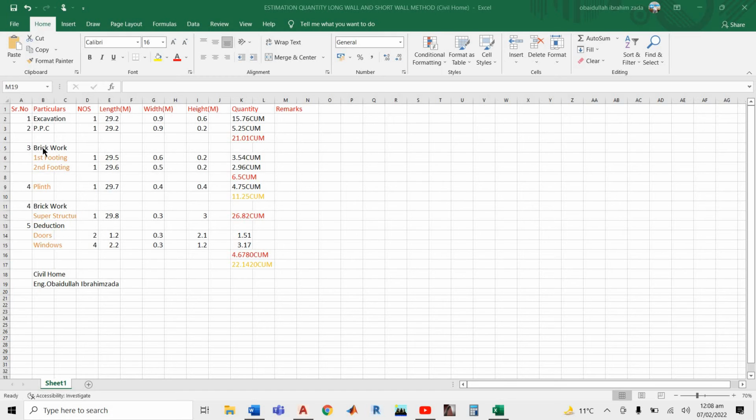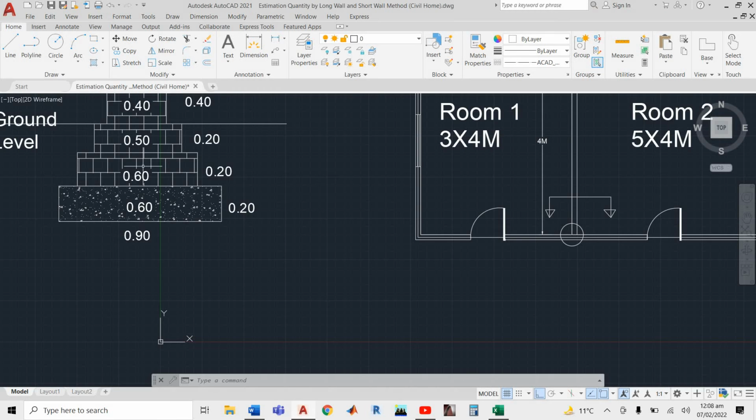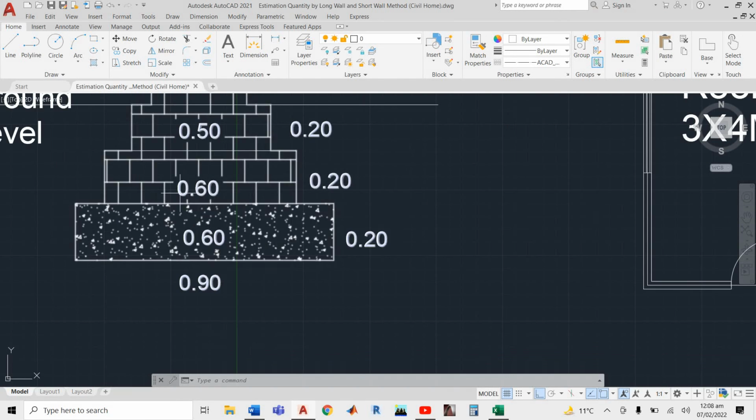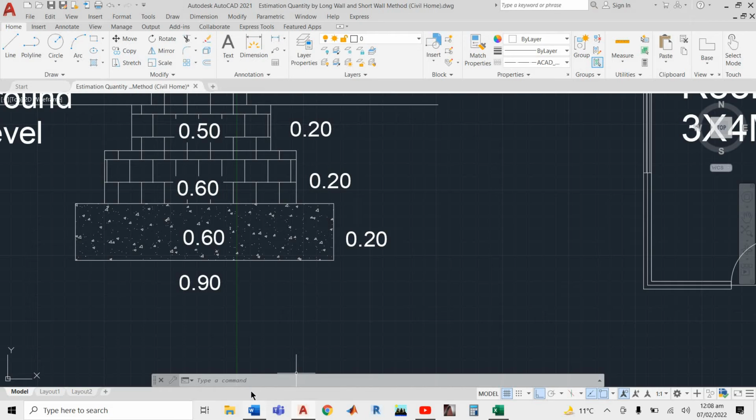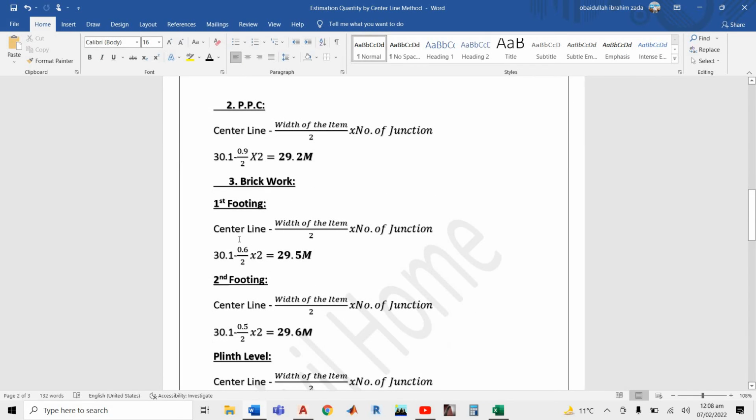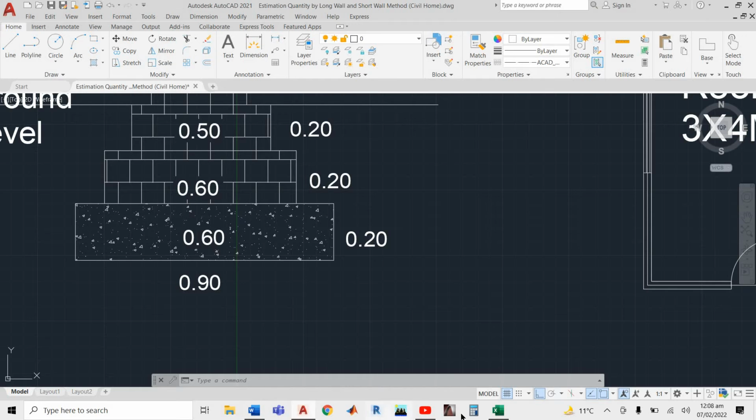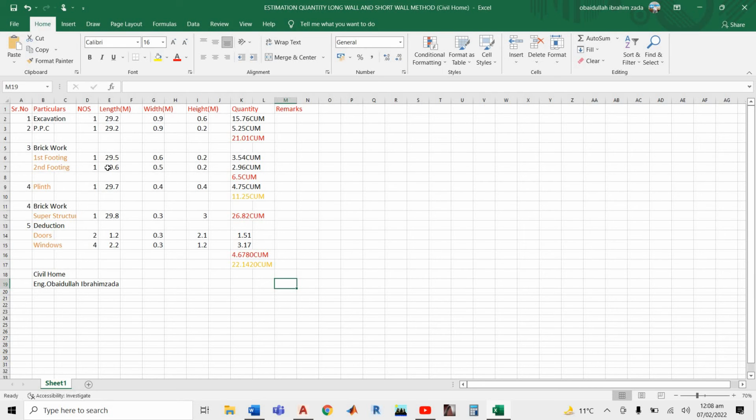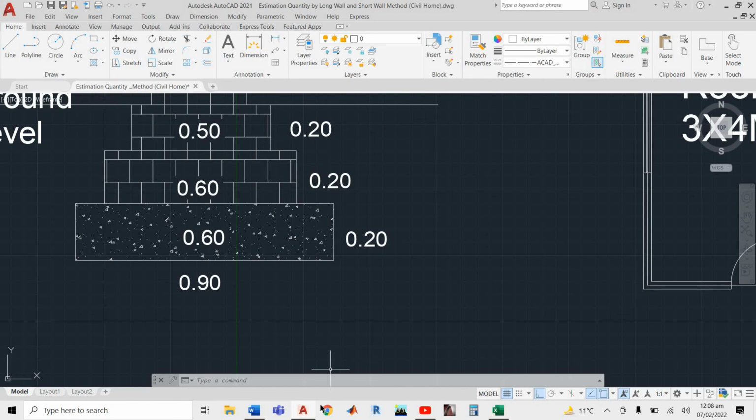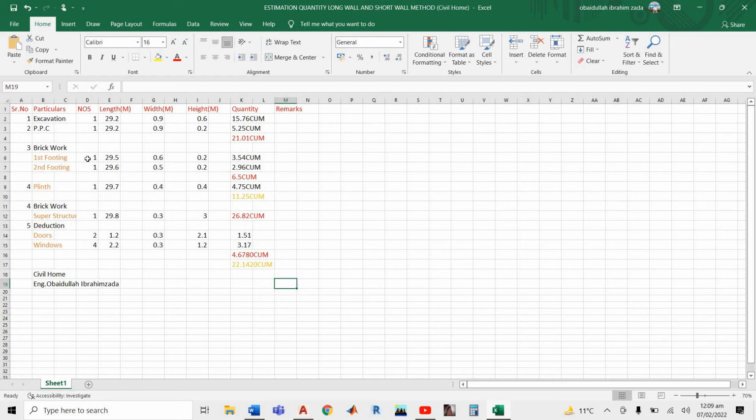Then we have brickwork for exit footing, dome footing and plinth level. If you see here, exit footing, okay. How much is the width? 0.6. So for exit footing, center line 30.1 minus width of the item 0.6, divided by 2, multiplied by 2 number of junctions, it becomes 29.5. So 29.5 multiplied by width 0.6, and height is, how much is height? Height is 0.2. So you have to multiply all of them, you get 3.54